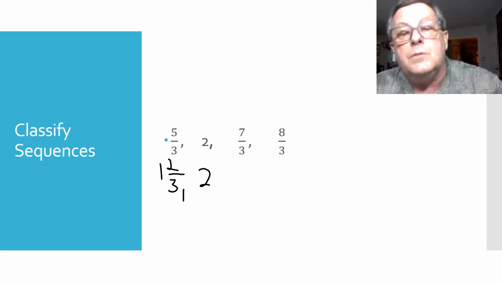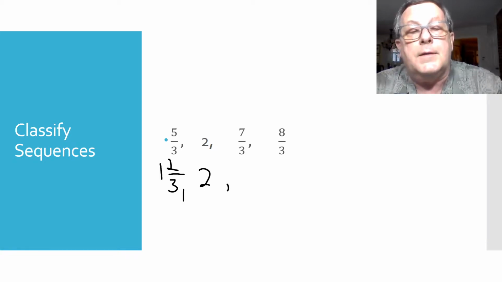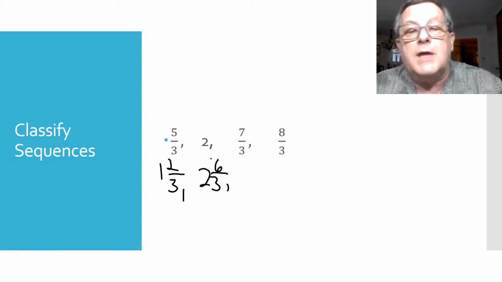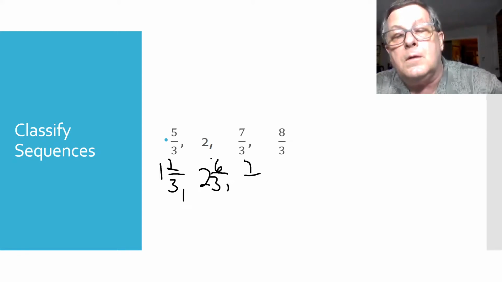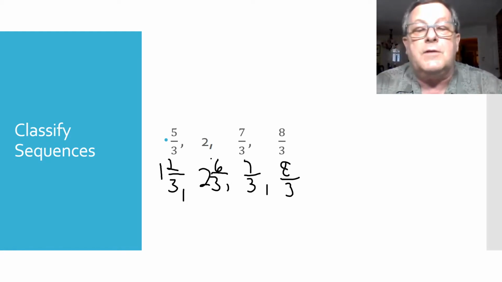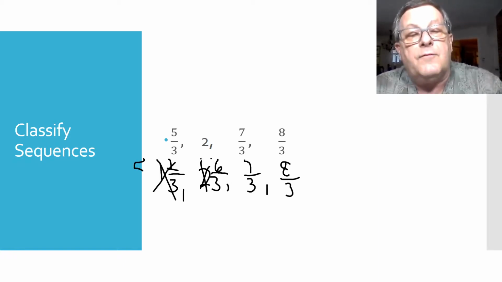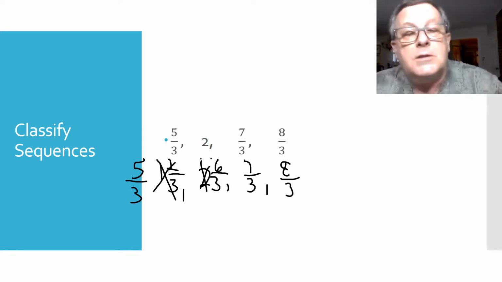Then we got 2. And 2 is the same as 6/3. Okay. 7/3, 8/3. Okay. If I, rather than use the 2, if I just express it as 6/3, and then here, let's scratch that and let's go back to 5/3, then I can see that my common difference between here and